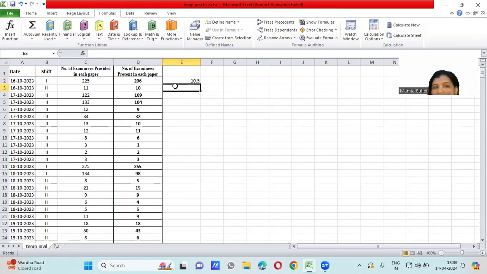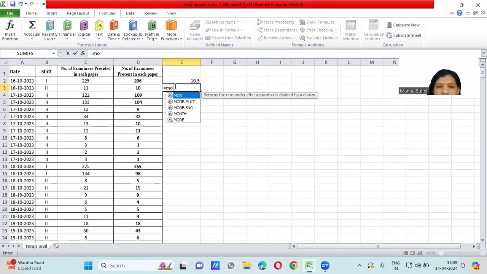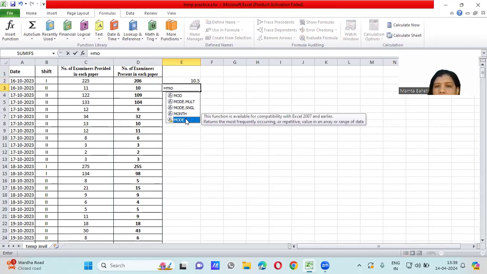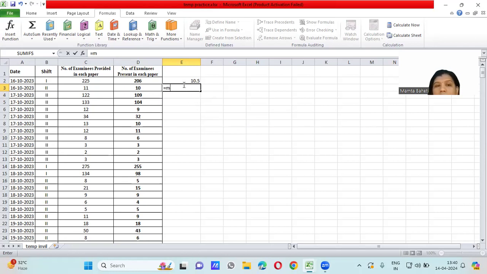You better know the statistical definitions of mean, mode, and median. Now I'll find the mode. This function is available with 2007 and earlier. We are working with 2010, so this mode option is not available. Okay, then mean, mode, median, max, min are done. Then we have seen